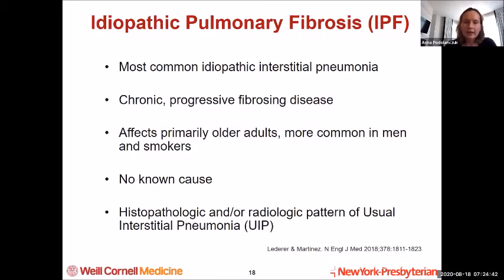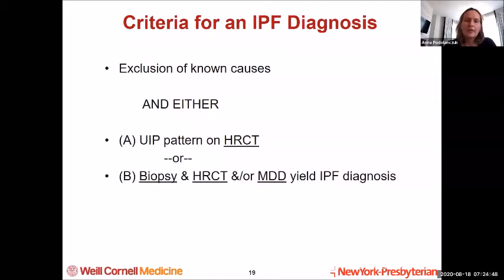So the clinical diagnosis here is IPF, and you make the diagnosis of IPF, I have it here, when on a CAT scan or on a lung biopsy, you see a UIP pattern, or if clinically, you can make a